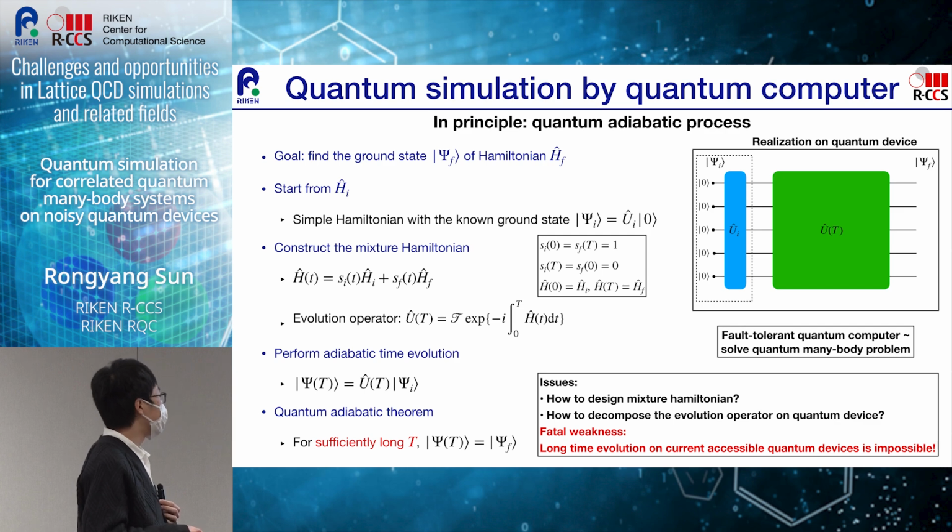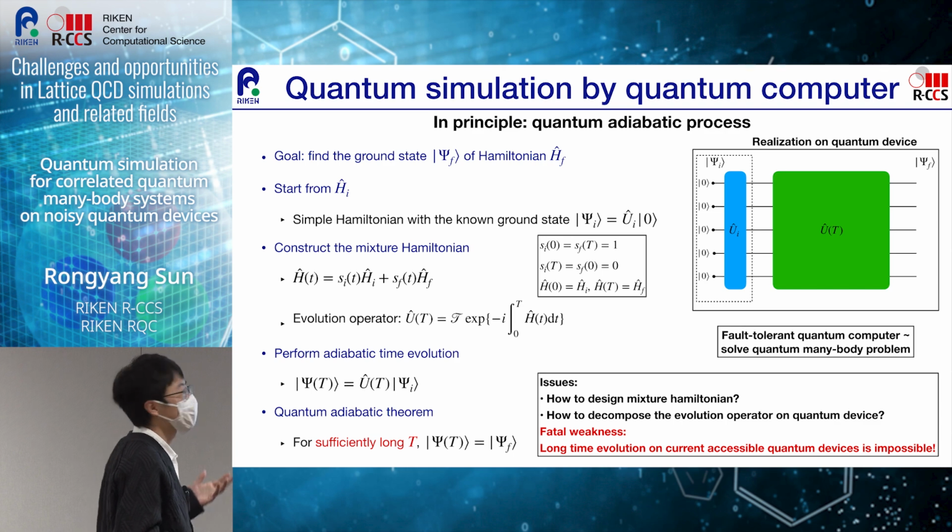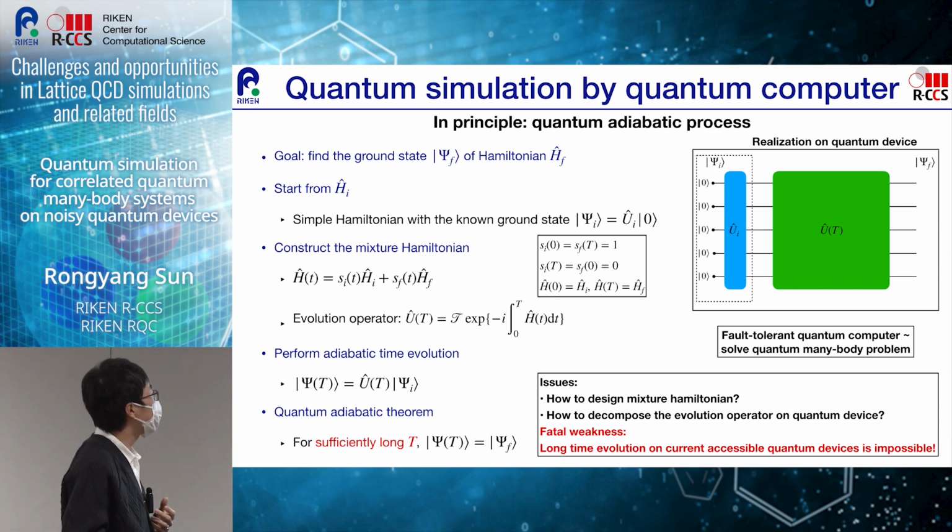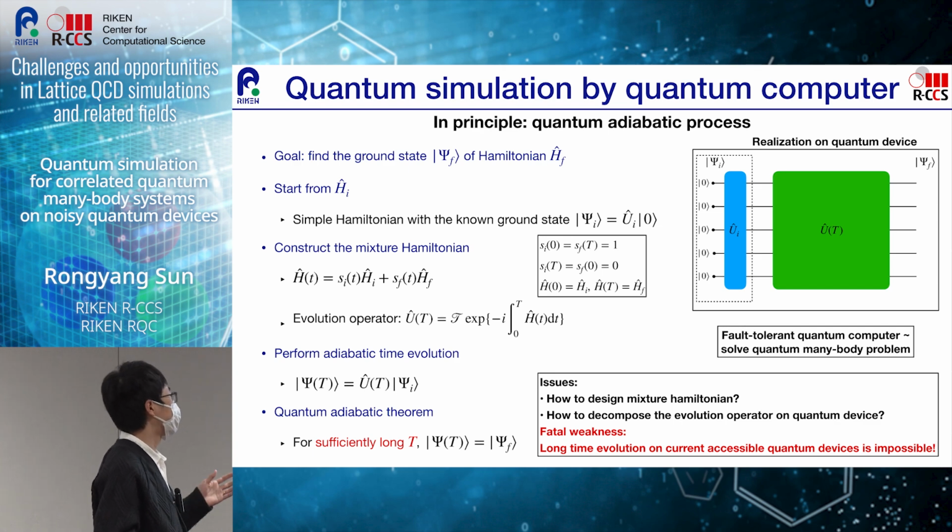Then you can measure it, get the information, and announce that you have solved this Hamiltonian, which means that if you have a fault-tolerant quantum computer, you can solve the quantum many-body problem. But